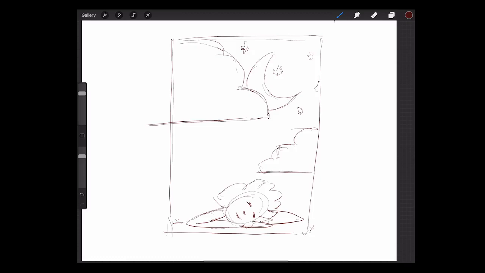Let's see here. They can be dreaming of future goals. Maybe they're dreaming of travel. How about I sketch in a concept of a dream home.